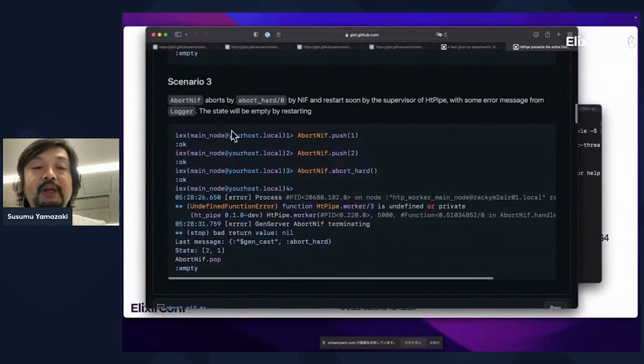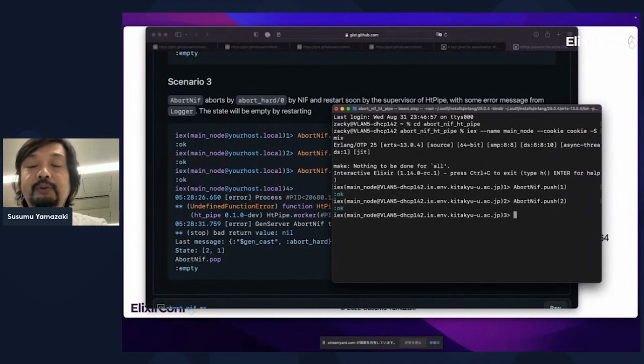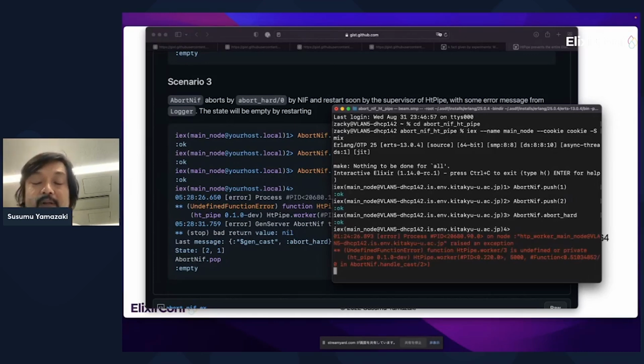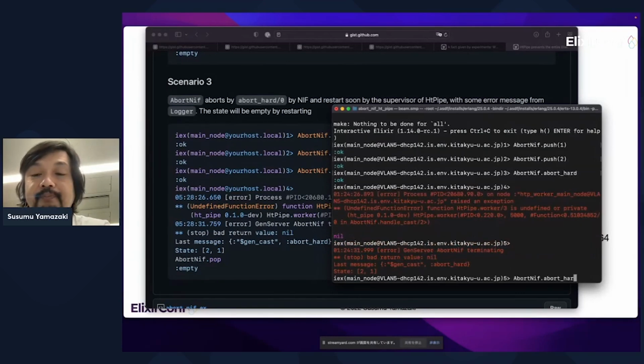Here, scenario 3. Abort NIF. Push 1, push 2, abort hard. Here, with some error messages. Okay. Pop.